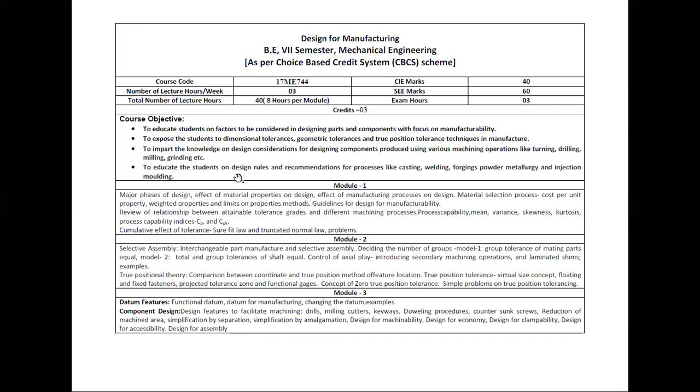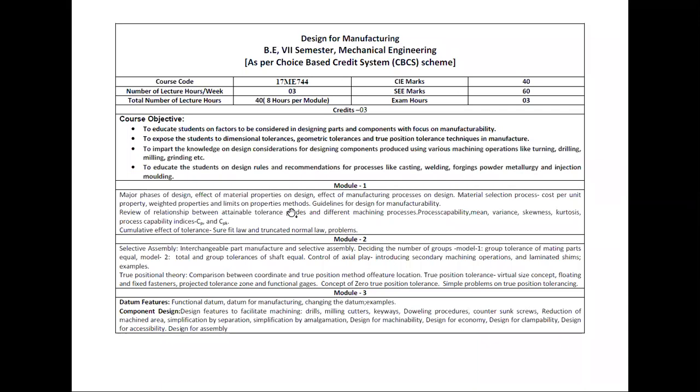And the students are going to be educated regarding design rules and recommendations for processes like casting and welding. Already you know casting from your foundry lab and the manufacturing subject. Before you go for casting or welding, certain design rules are there, and you need to follow those rules and the recommended approach.